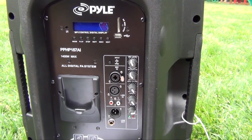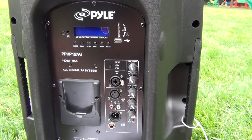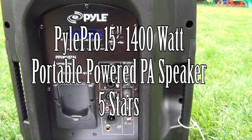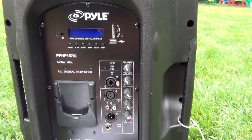So my final verdict on it, I'd give it 4.5 to 5 stars. At this price point, you really can't beat it. If you're looking for a backyard speaker or a speaker for a church event, it really does do a good job at this price. If you're looking for something that's going to allow you to have outdoor movies,